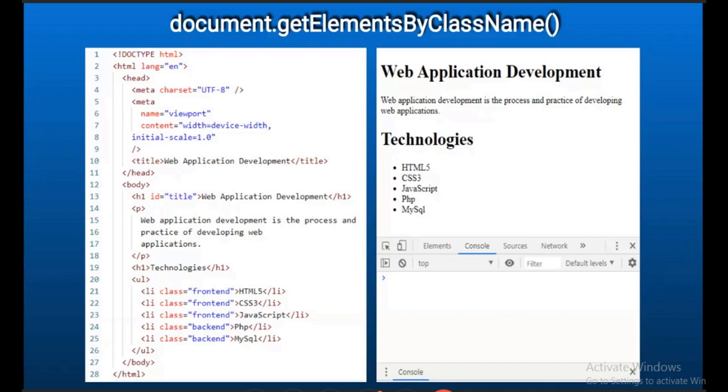I believe you know the difference between ID and class. ID is unique. That means we can only assign an ID to a single object. That's just like an ID card. Only I hold my ID card, so that is unique for me. In the same way, for any HTML element, no other element can have the same ID.